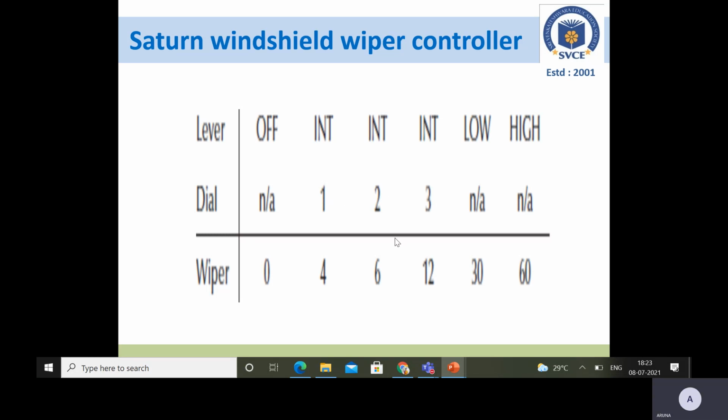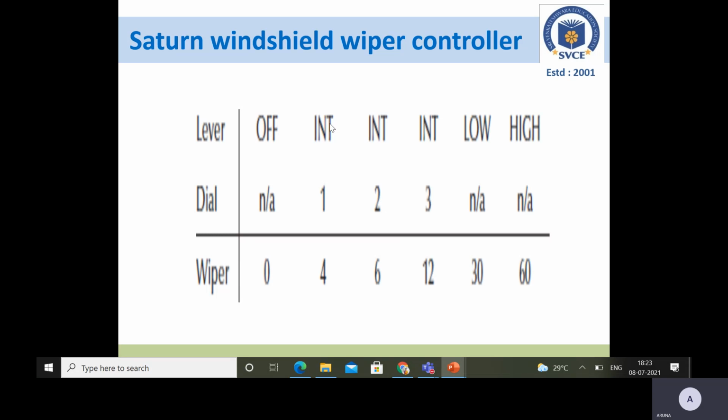The dial position is relevant only when the lever is in the int position.